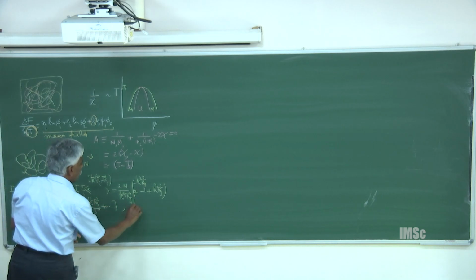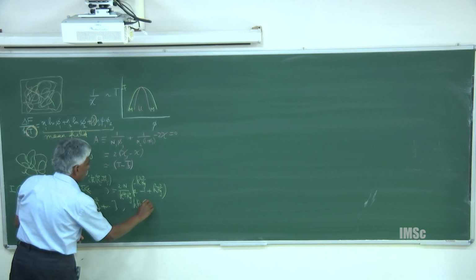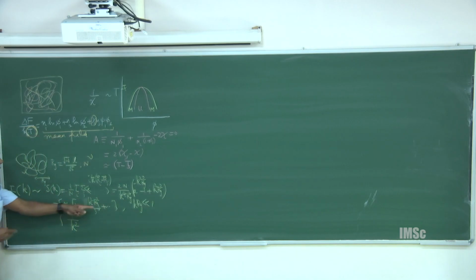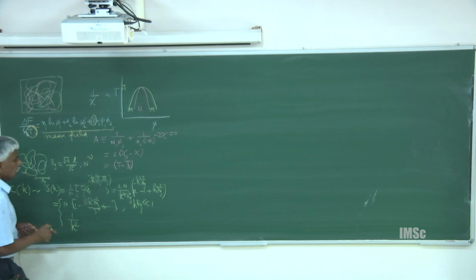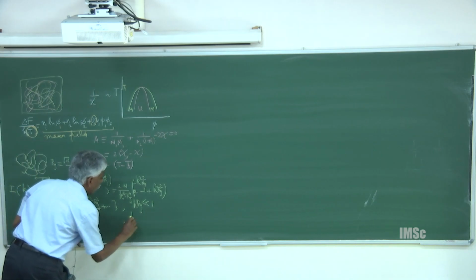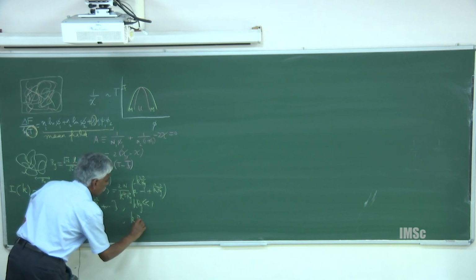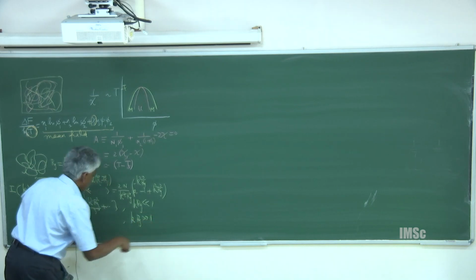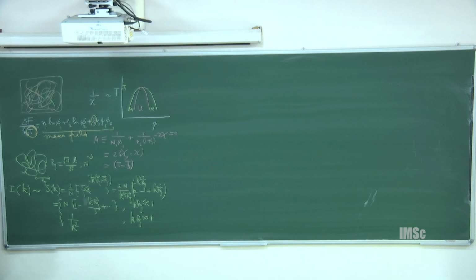This is when k times Rg is smaller than 1, I can get a measurement of Rg, which I told you. That's the way people measure. That's why in every laboratory, commercial instruments, everything, they use this idea. On the other hand, if I go to length scales shorter than the radius of gyration, k Rg is greater than 1, then I am interrogating the substance at this short length scale, and then I get 1 over k squared.